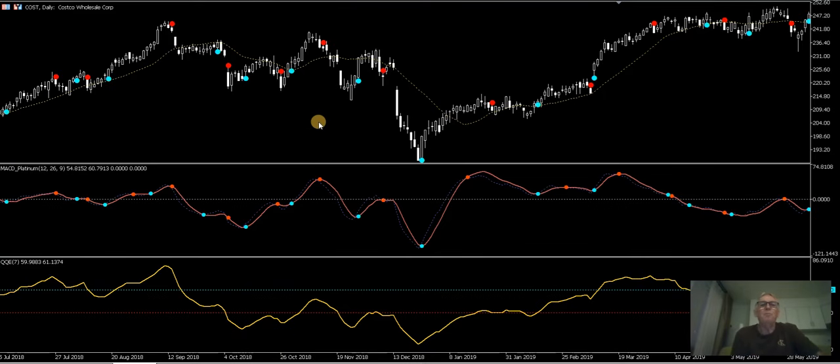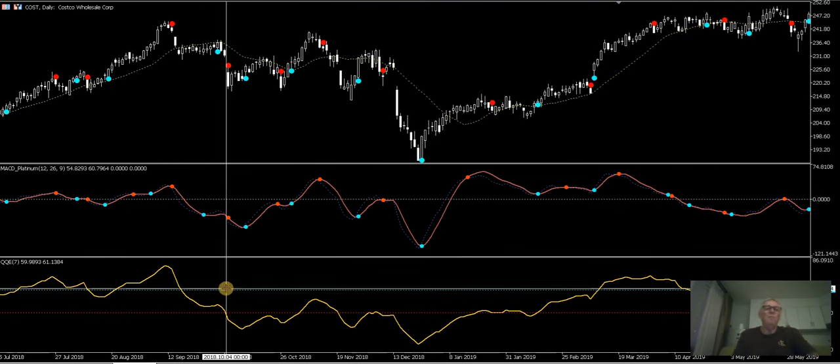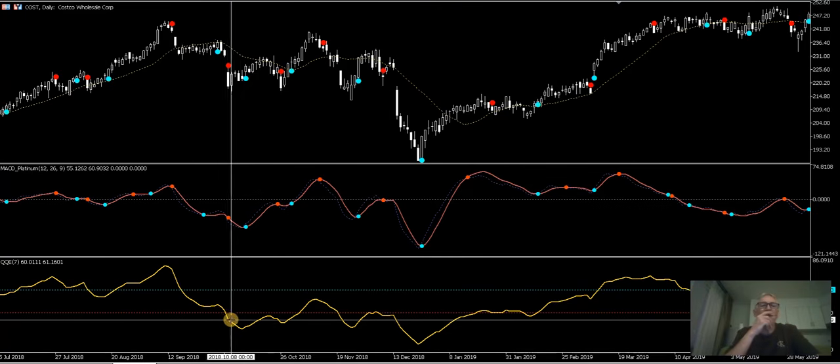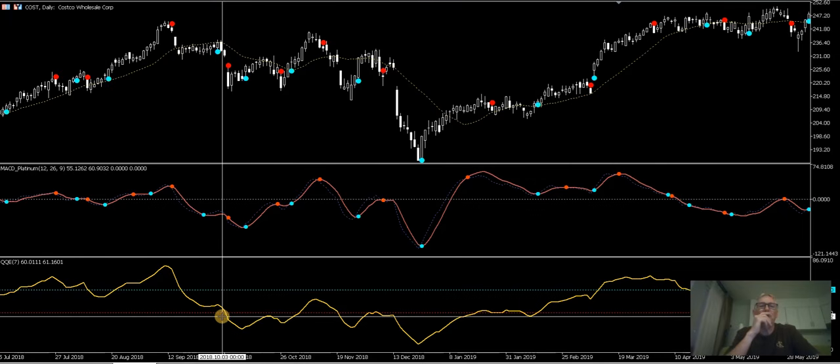You can do this with anything. The only problem with stocks is they tend to gap at times. You can see a lot of gaps in the chart, so that's something you have to be aware of. But let's have a look at this and see what I'm talking about. Now, with this, I'd be avoiding the sells, but we'll have a look at some anyway, just to prove that